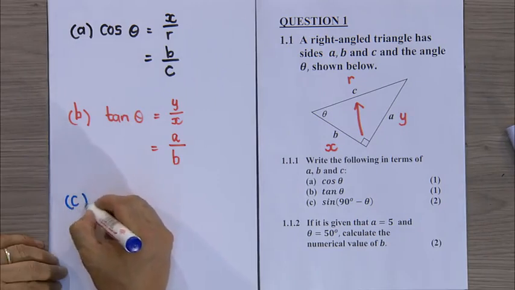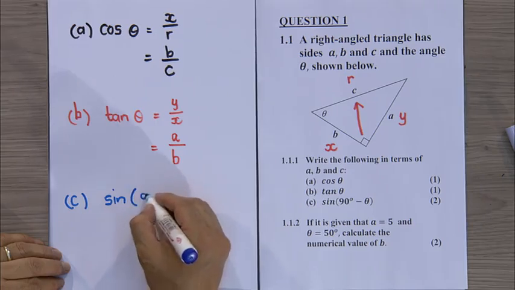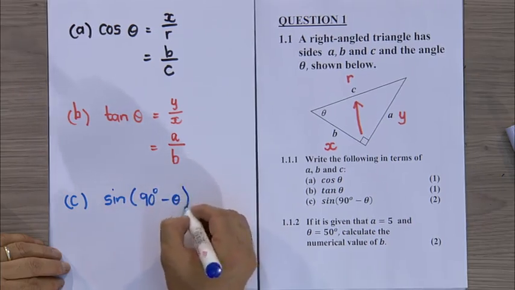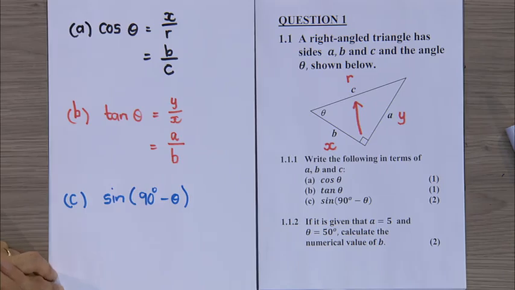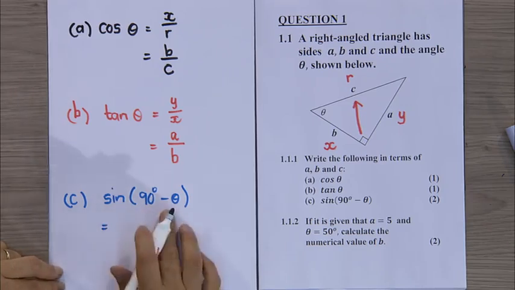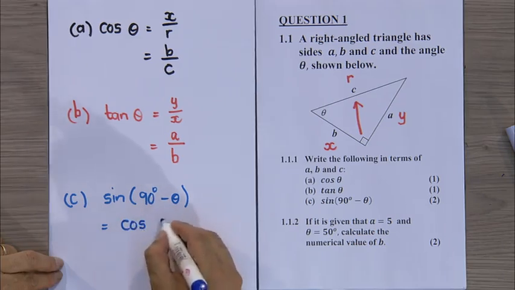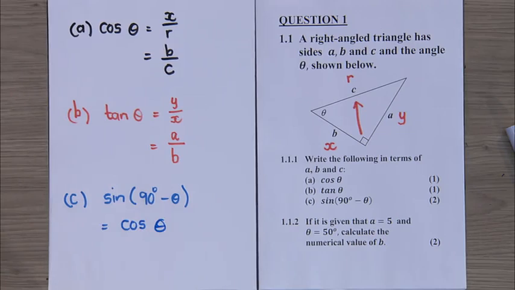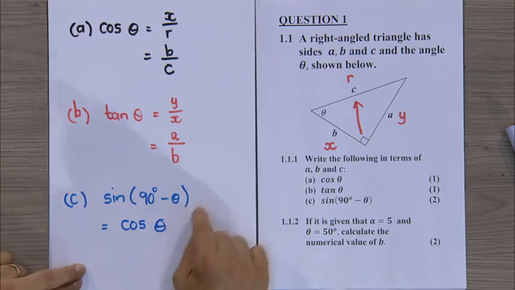And then lastly, C, they ask you, what is the sine of 90 degrees minus theta? Now, this you're going to do in more detail, grade 10s, once you get to grade 11. This is what we call a reduction formula. Now, in a reduction formula, sine of 90 degrees minus theta, which is your first quadrant, becomes the cos of theta. It's going to take some time if I have to go through the whole process of how the reduction formula works, but like I've mentioned, it will be dealt with in more detail.